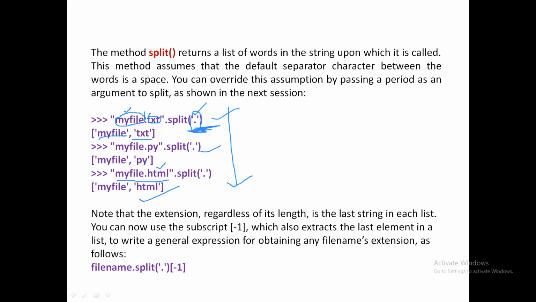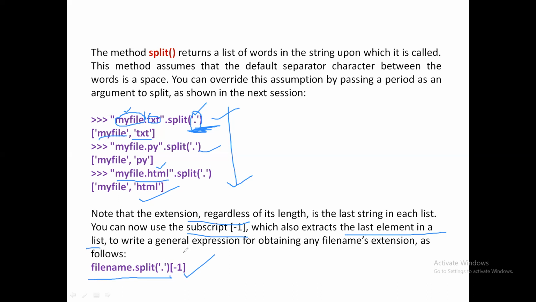And similarly, another point that you need to understand is you can use the subscript of -1, within the square brackets, that will extract the last element in a list. So for example, filename dot split returns a list of substrings, and then if you write this -1, it will extract the last string in the corresponding list.